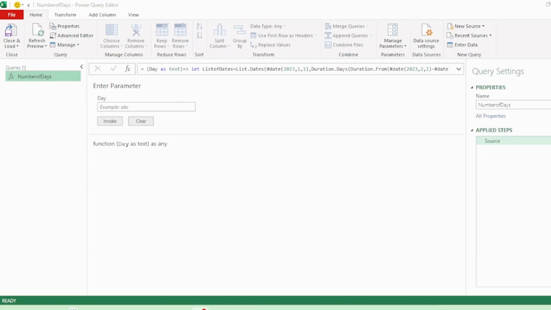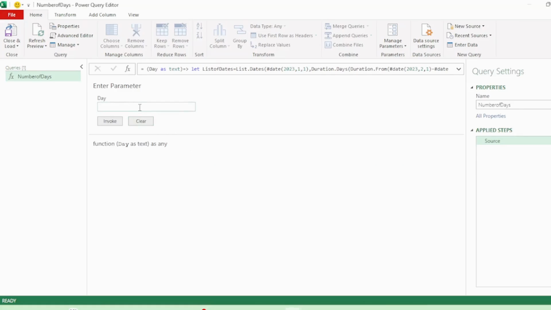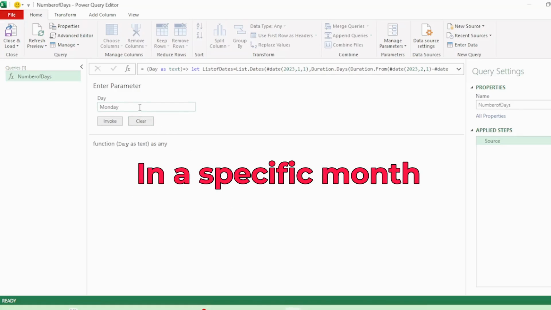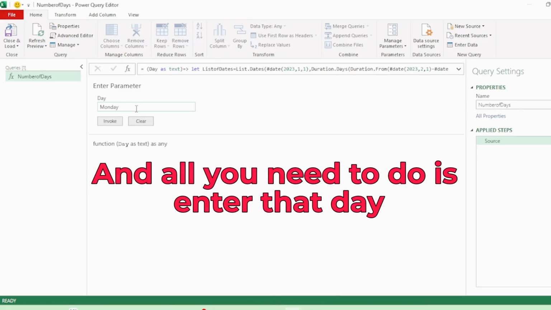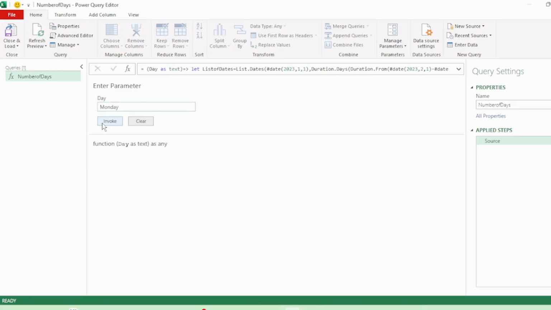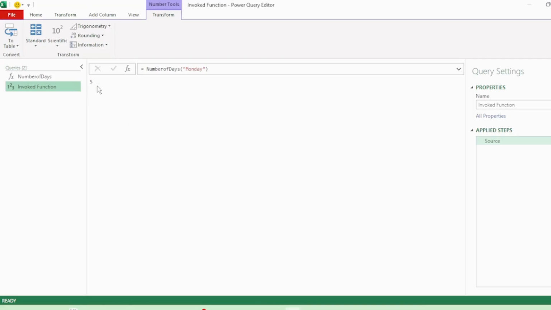Now let's say you wanted to find out the number of days of a certain day, let's say Monday in a specific month, let's say January 2023. And all you need to do is enter that day and hit invoke, and your query tells you exactly how many times that day occurs in that month. This will be a more complex example using List.Accumulate that I will show you in the next video,